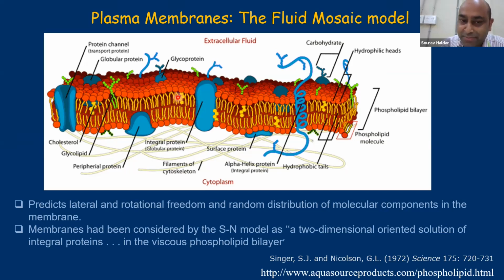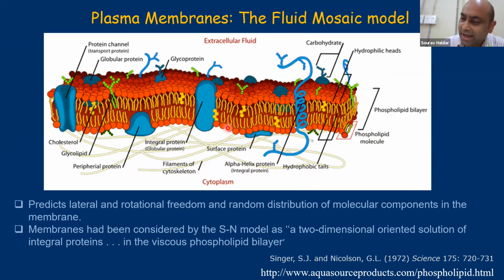So the cartoon that I have taken for depicting the fluid mosaic model is not the exact cartoon that was proposed in the paper. You can see that for yourself. There are some components added to it, for example, the cytoskeleton. In fact, in the original fluid mosaic model, there was no concept of cytoskeleton. The fact that the cytoskeleton will have tremendous implications on the membrane organization was not captured in the fluid mosaic model, and that is one of the drawbacks.